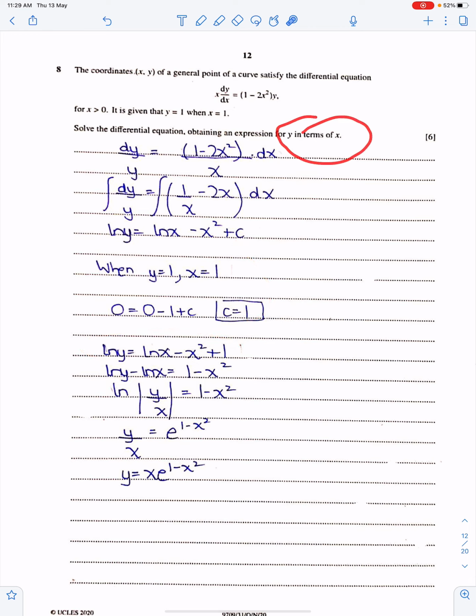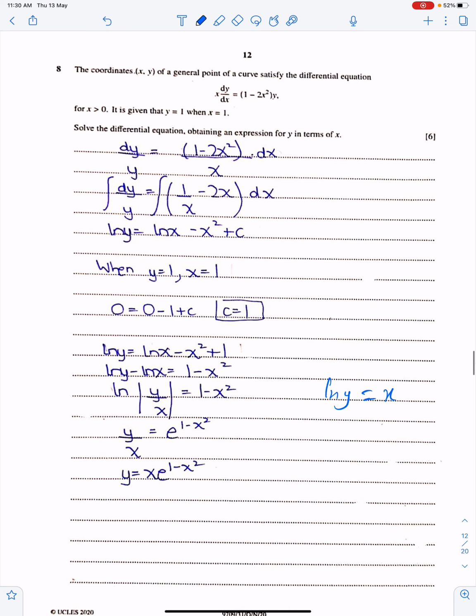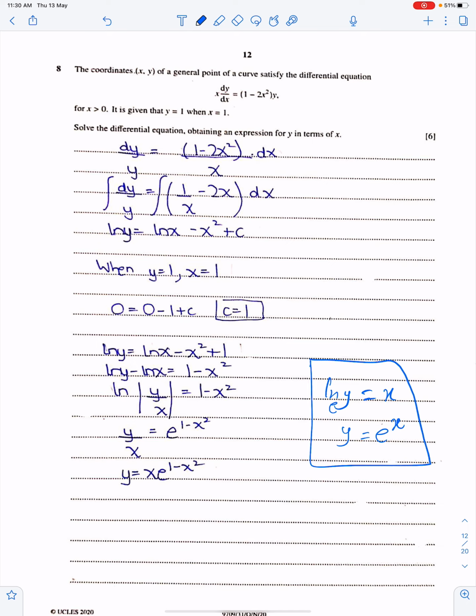Now we have to make y subject. For that, we need to bring ln on this side so that we can use quotient law. Now use the index form. The ln has base e, so when you remove this ln, this e will come here. Let me write the rule here. If ln y is x, you know the base of ln is e. So when you remove ln, you will get y is equal to e power x. This is the rule which we use here. Now this is y in terms of x.